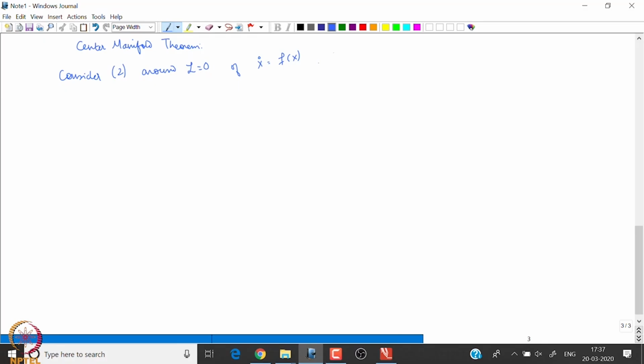Then for each k from 2, I will tell you why this restriction on 2 and 3 comes, there exists a number delta k greater than 0 and